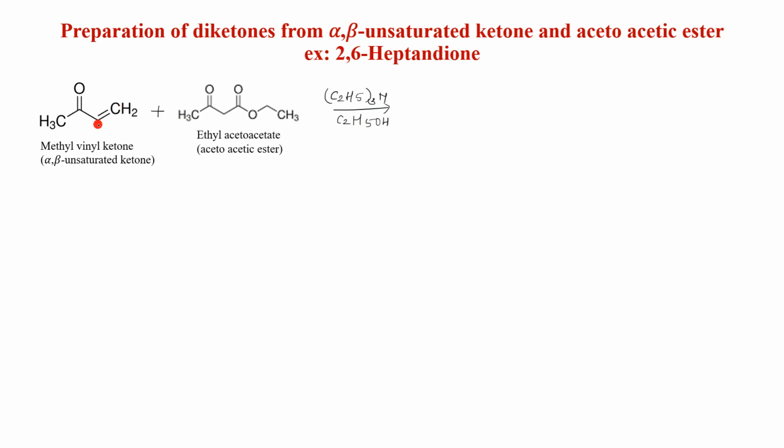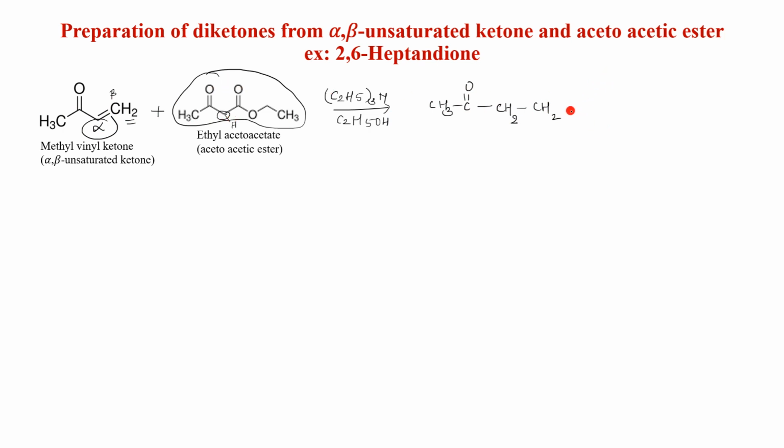So this is your alpha carbon atom, and this is your beta carbon atom, and this is your active methylene group. Once you remove this H, this whole part is the remaining part of the group. So we will write that reaction over here. This is CH3, C double bond O. Now H is going to go over here, so there I will write CH2. Then this is the CH2 that I'll write over here, and to this part this whole group will be attached.